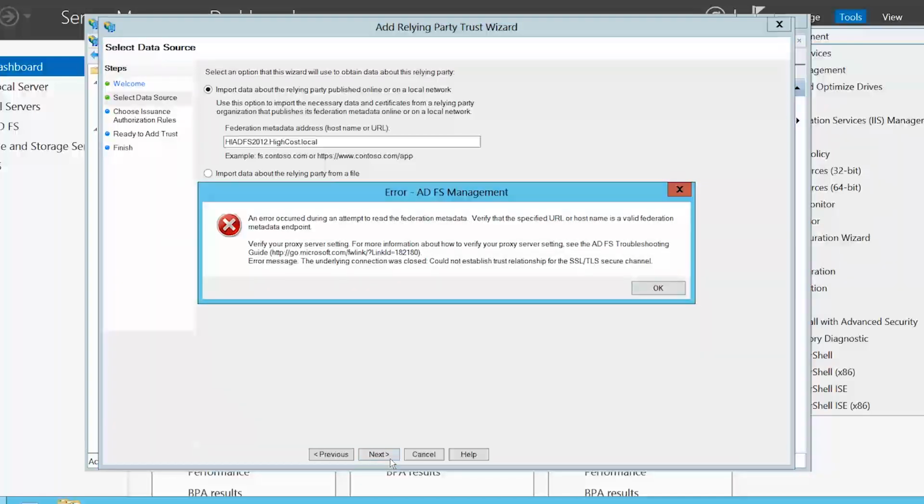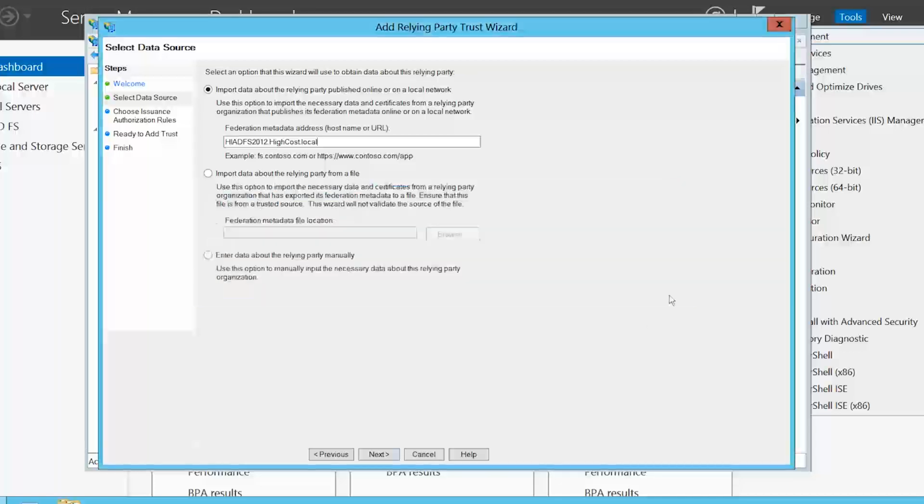Notice that I will get an error message. The server has attempted to open a secure connection using SSL. However, it was not able to. In order for the secure connection to be created, the root CA for each network needs to be exported and imported on the other network. Once this is done, this will allow a secure connection to be made between the two networks to transfer the metadata. To do this, I will exit out of these windows,